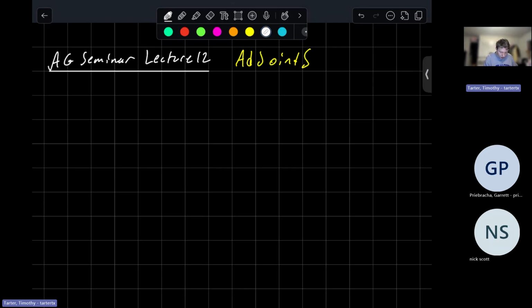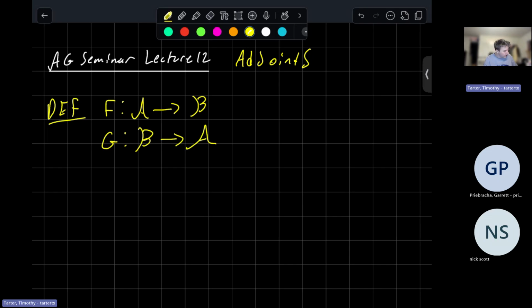As an initial definition: two covariant functors F from script A to script B, and a second covariant functor from script B to script A, are an adjoint pair, or are just adjoint,